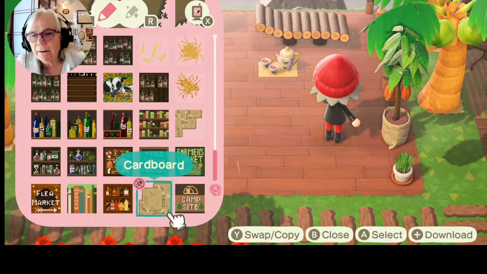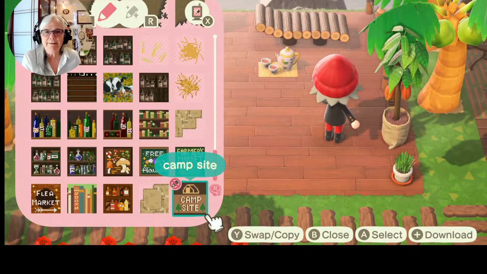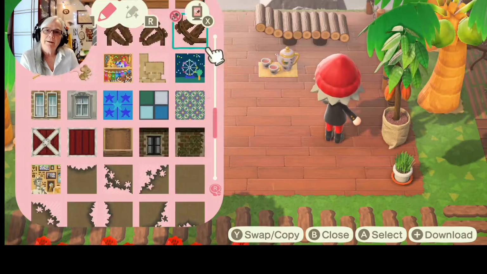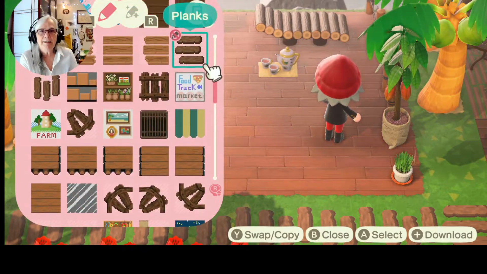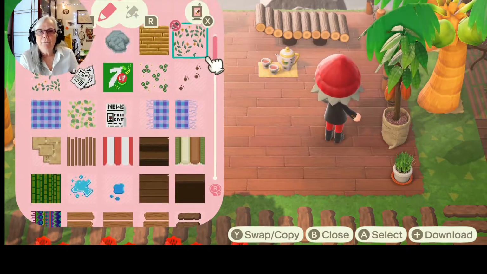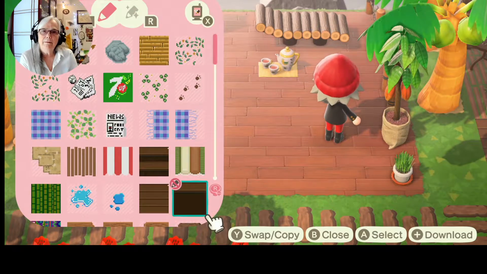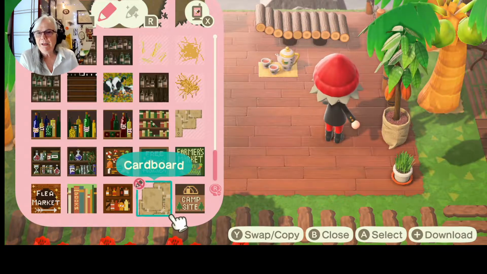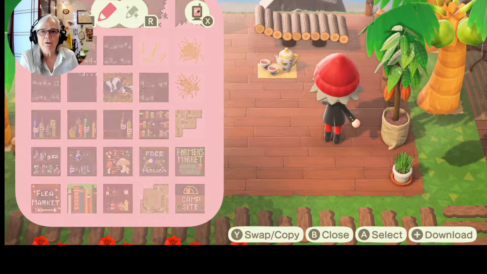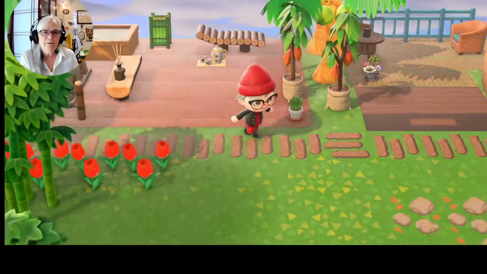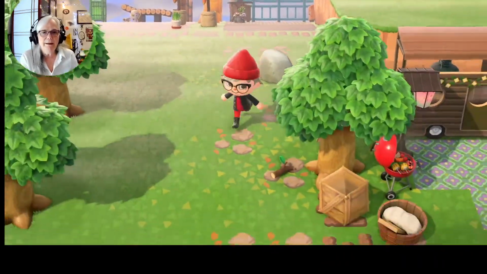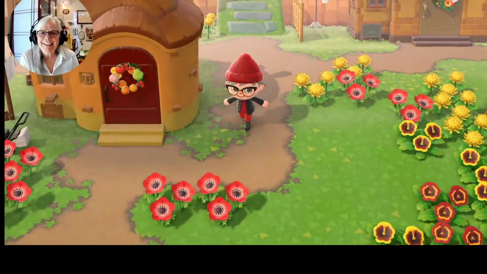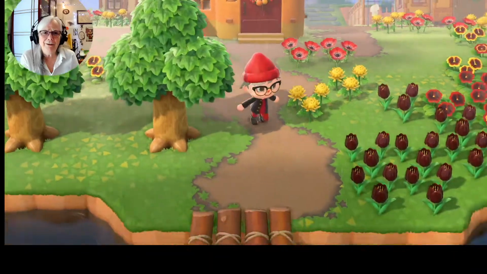So what have we got? We got 5 per thing. So 5, 10, 15, 20, 25, 30, 35, 40. So there's 100. I don't know, it just doesn't seem to be enough. And I'm afraid, like, if I delete one of these that I've been using somewhere, it will delete it off my island. And I haven't kept track. Like, how do people keep track? Do they have a list of stuff they've used?